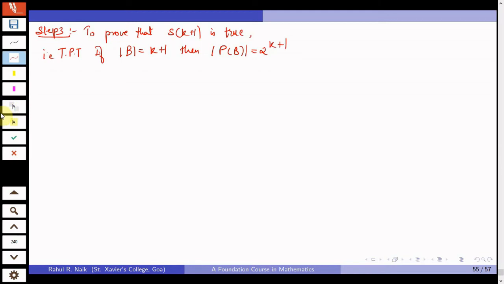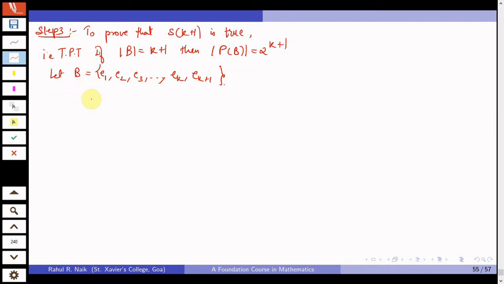So what I'll do here is that I will split this B into a set of k elements and 1 element. Since it has exactly k plus 1 elements, I can list them from 1 to k plus 1. So let B be the first element, I will call it e1, second element e2, e3, and this goes on till ek, and the last element is e(k+1). So there are k plus 1 elements in this B.